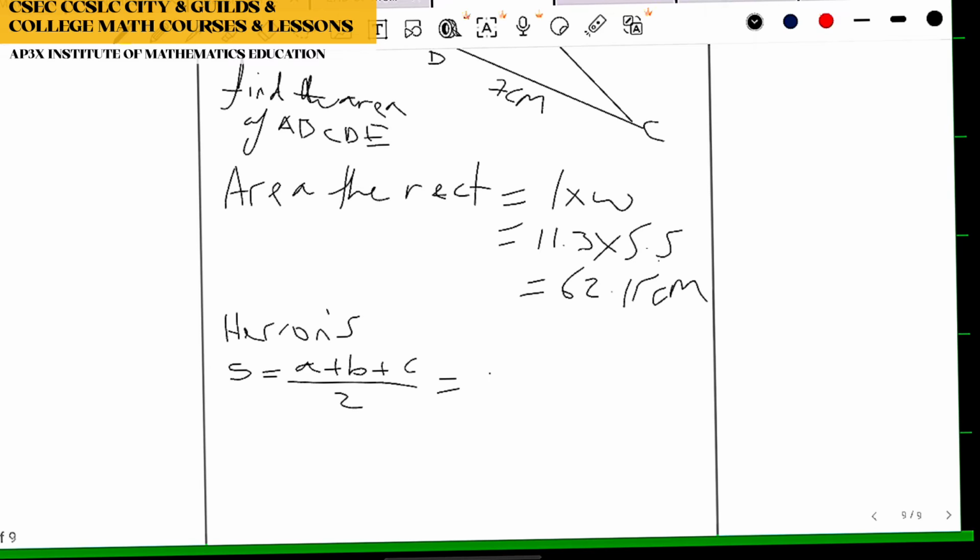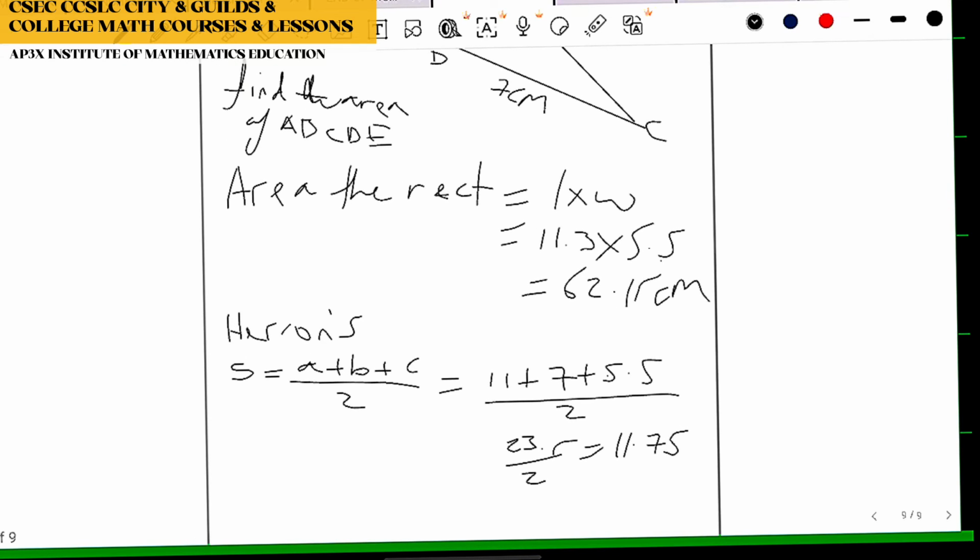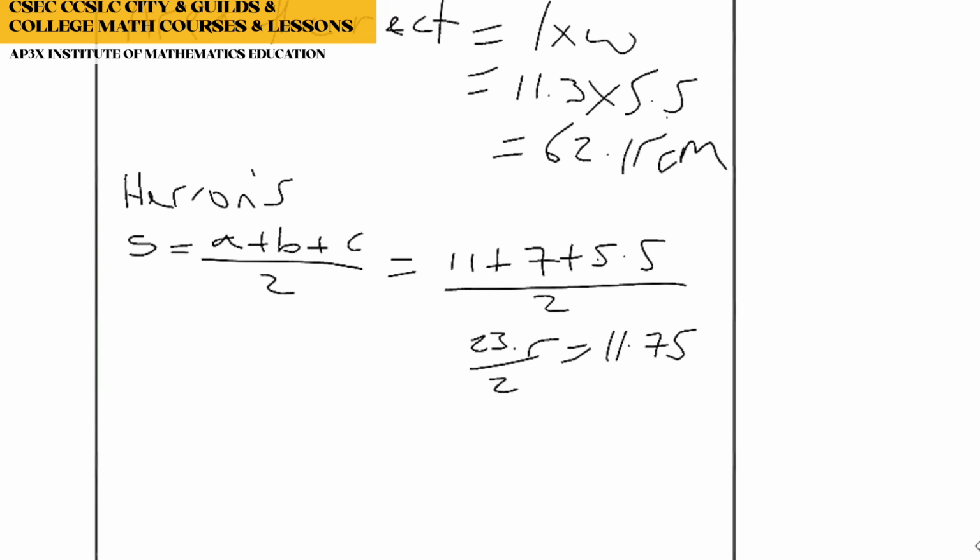And that becomes 11 plus 7 plus 5.5, all divided by 2. All right, I believe when we work that out, we should end up with 23.5 divided by 2. And that should give us a rounded answer of 11.75. Can we confirm? Yes, sir. 11.75. All right, so now that we have 11.75, we're then going to move to the A section,